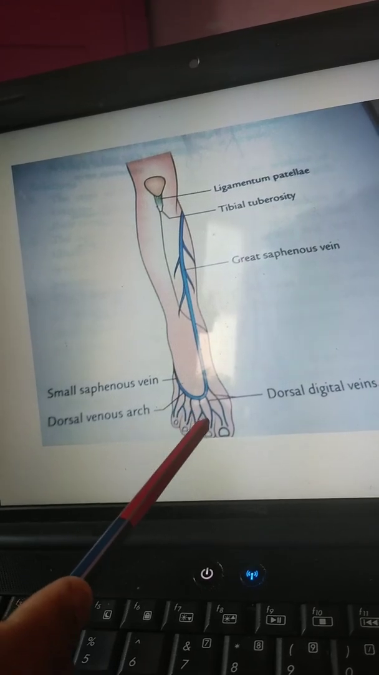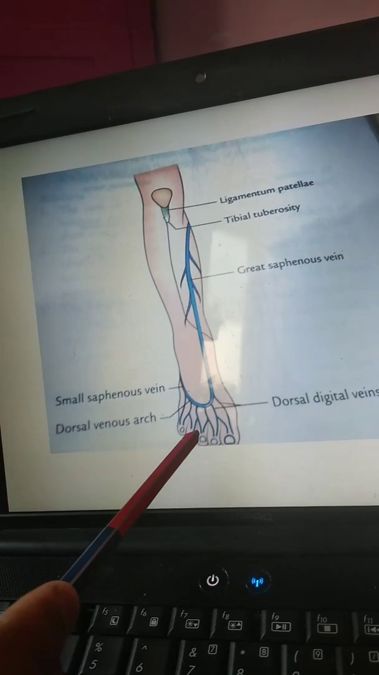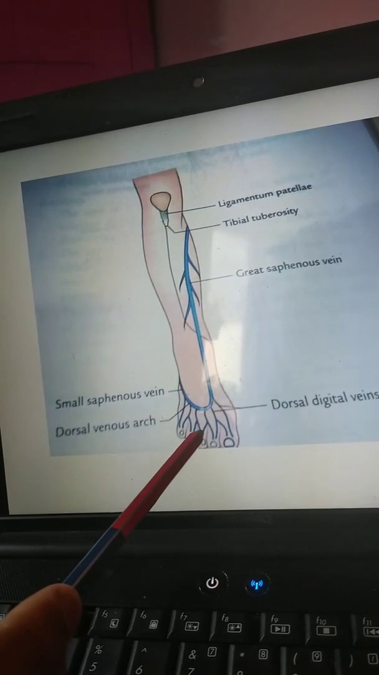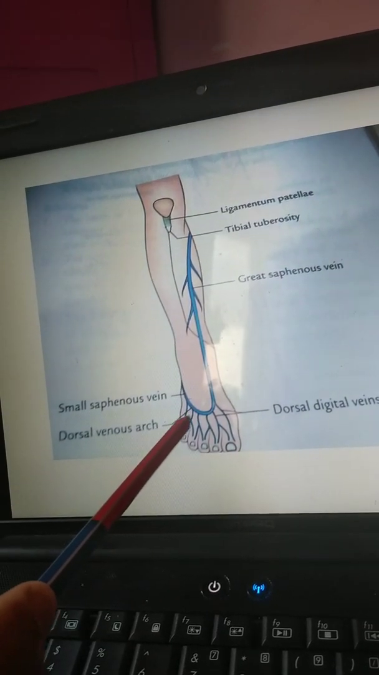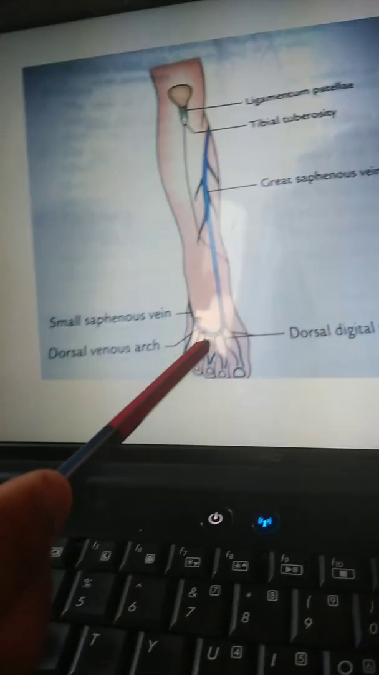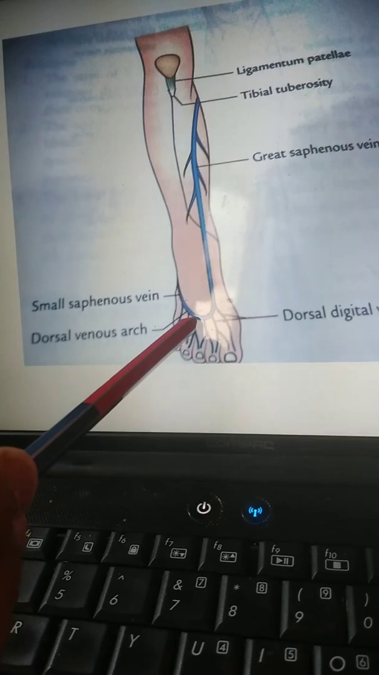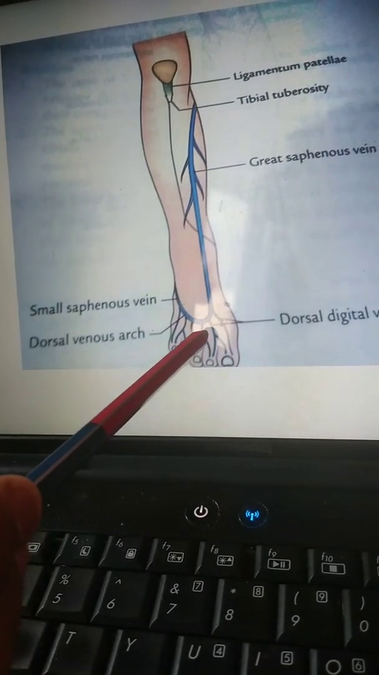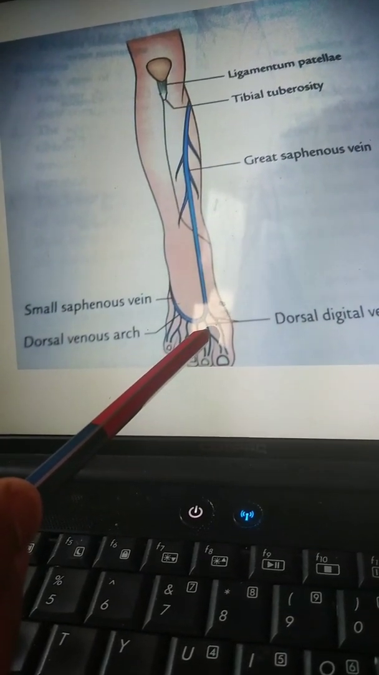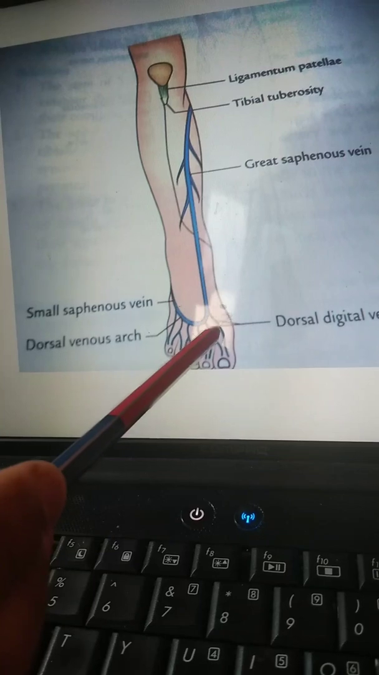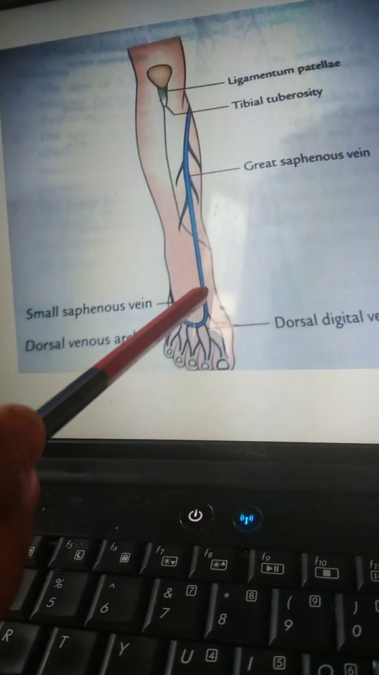Now, dorsal digital veins. There are two dorsal digital veins in each toe. Each joins the corresponding vein of the adjacent toe to form the dorsal metatarsal vein, which terminates in the dorsal venous arch. The dorsal digital vein on the medial side of the big toe joins the medial end of the dorsal venous arch to form the great saphenous vein,